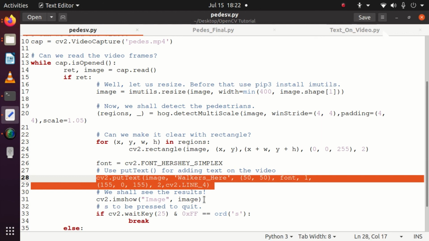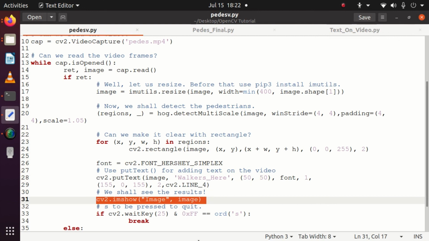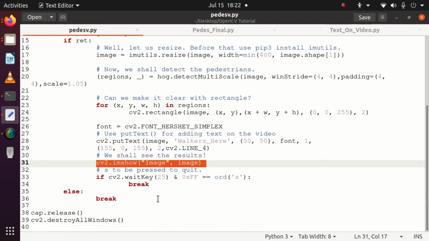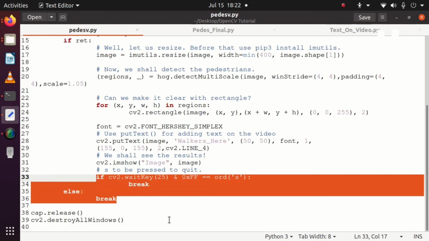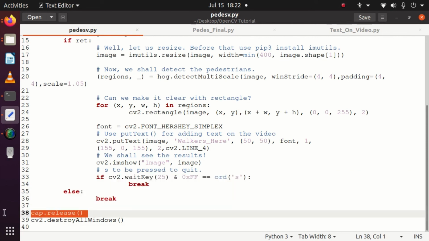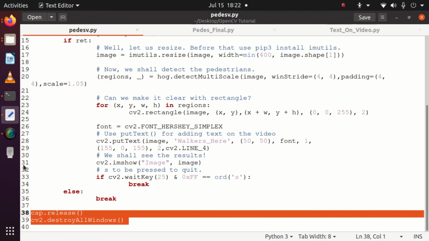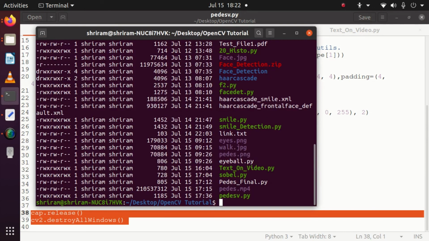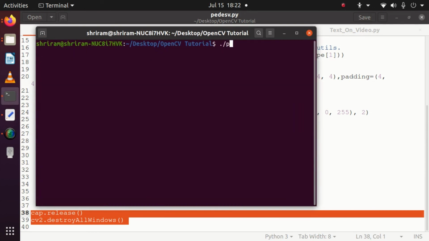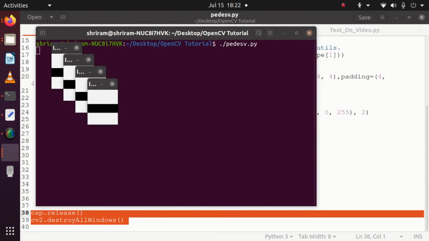Once this is done, we are all set to show the final output, and cv2.imshow will help you. When do we stop the process? How do we quit? We can code for that as well. When I press lowercase s, the function will be over, the process will be over, and you can quit. Then you need to release the cap, and the destroyAllWindows method is called. That's all. The process is as simple as that, and I'm going to run it for you right now so that you can understand how things work.